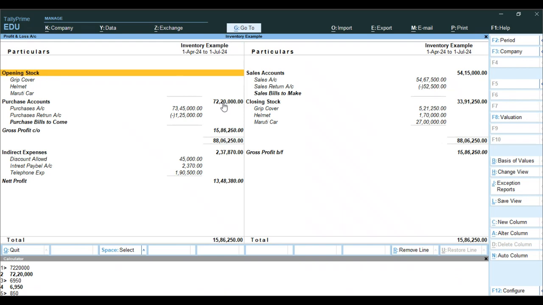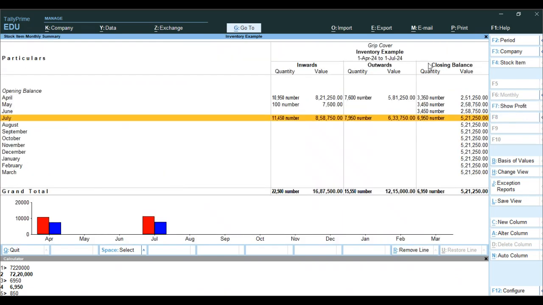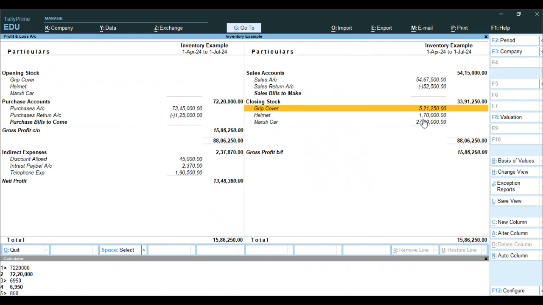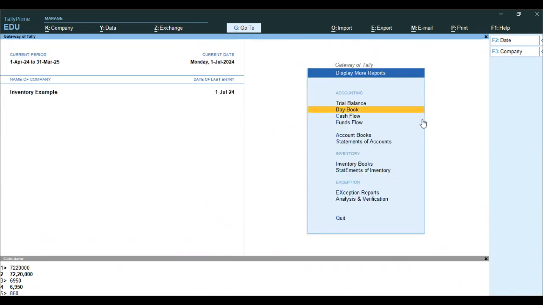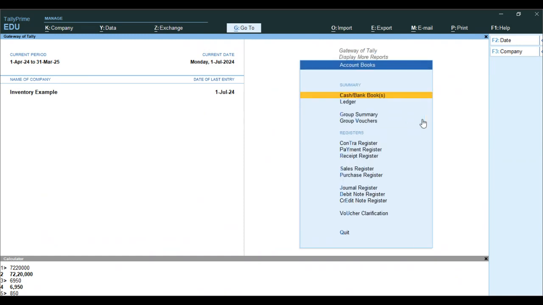Why so? Because we only placed the purchase order. And see, grip cover is still 6,950. It is not increased by the 1,000 numbers. Okay, so now you can check: display more reports, account books, then